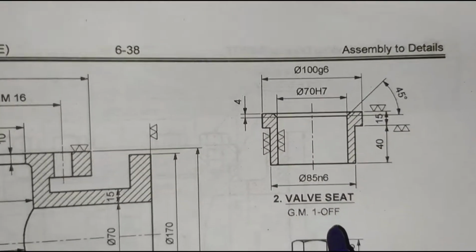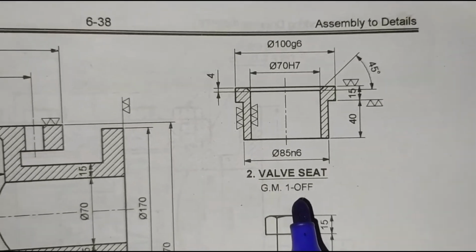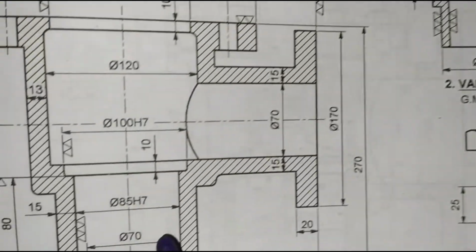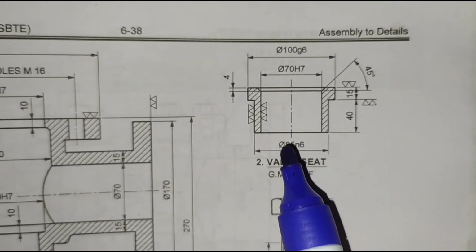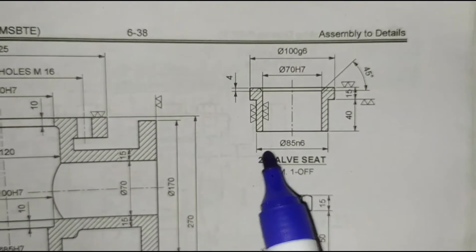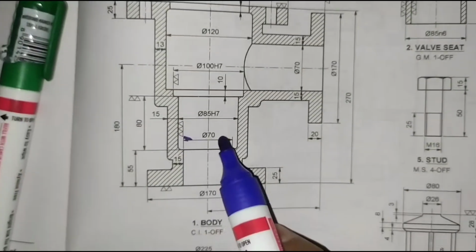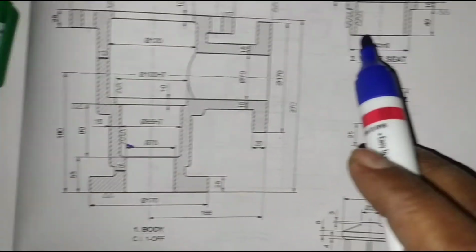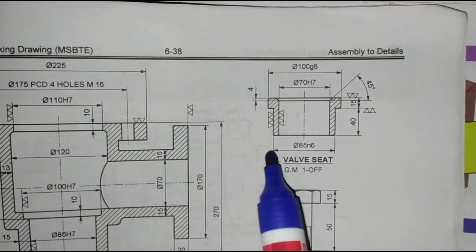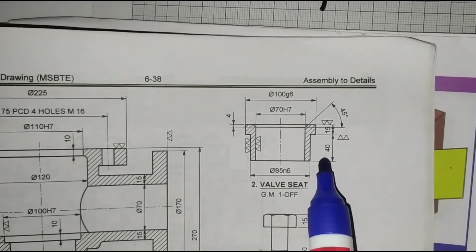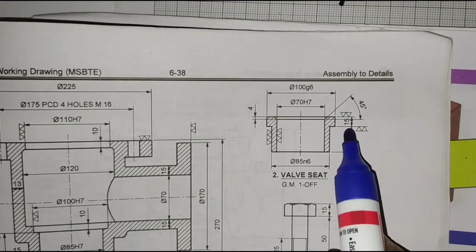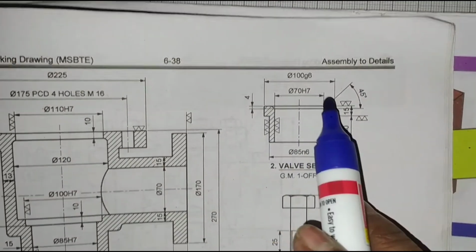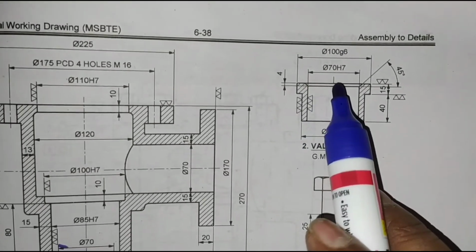Now the second part which is fitted, that is the wall seat, where it is fitted at this position. If you look here, what is the external diameter? 85 mm. This is the external diameter 85 mm, that is hollow. This is the hollow cylinder. External diameter 85. What is the length? Height 40. What is this diameter? That is 100 mm.